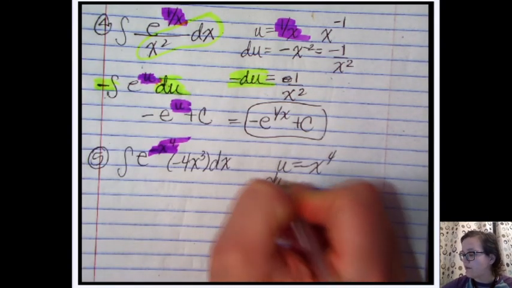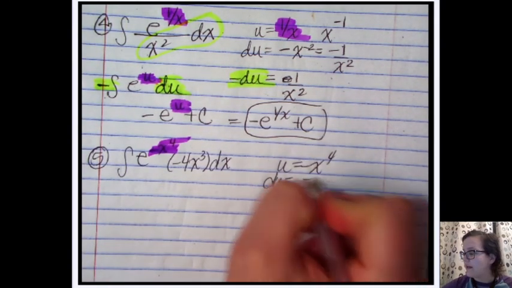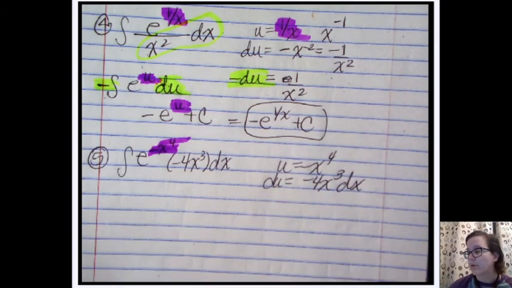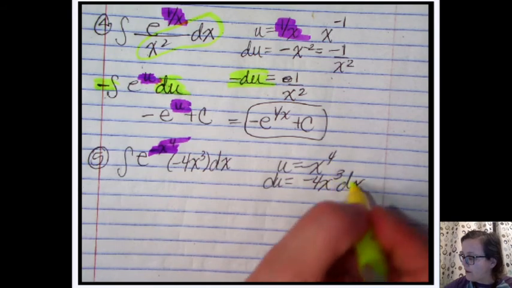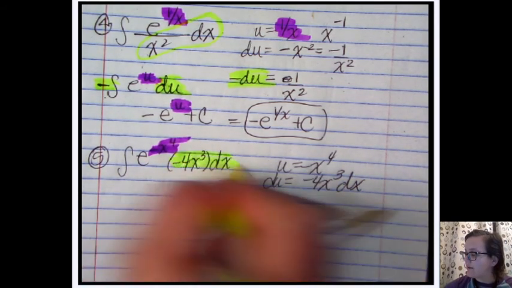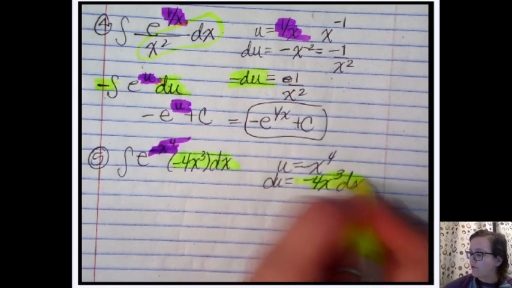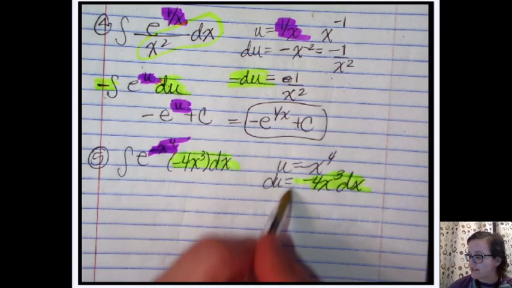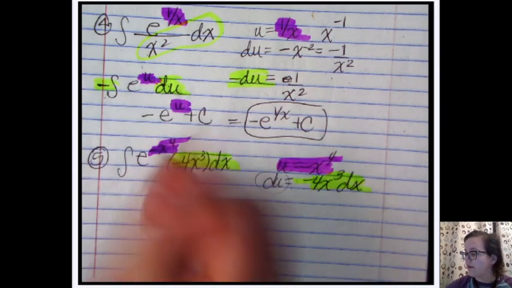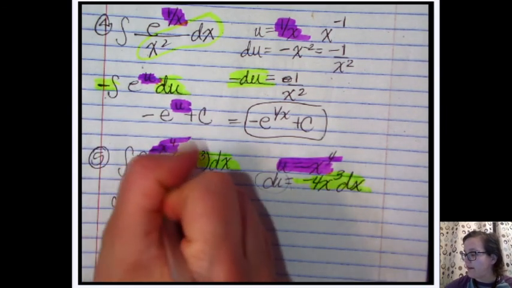And then if we take the derivative, we get negative 4x cubed dx using the power rule. And so actually this one is perfect because that takes up our negative 4x cubed dx, which is just du. So this one is cleanly written as e to the u du,